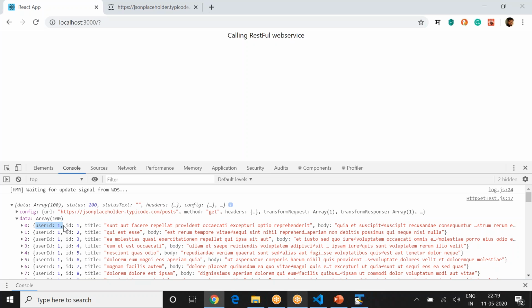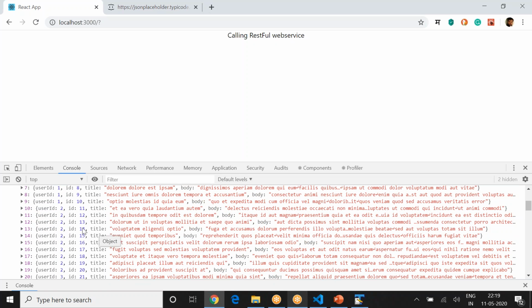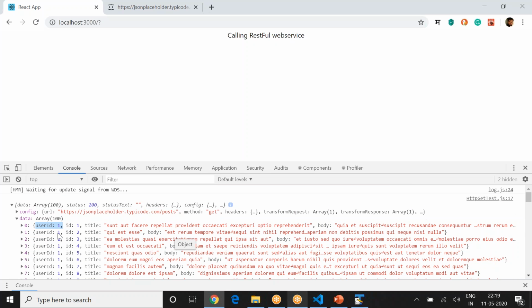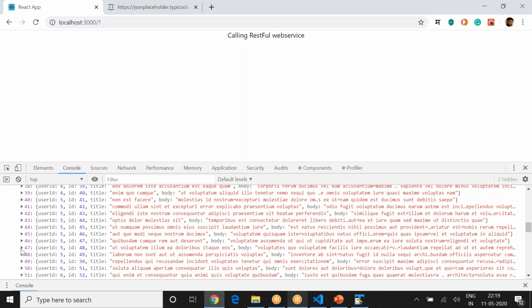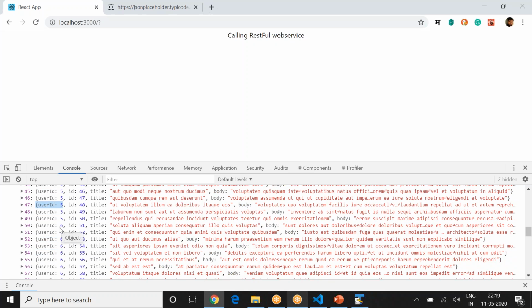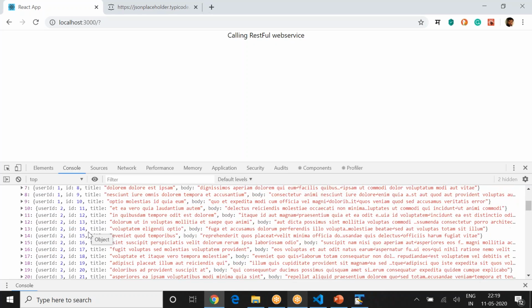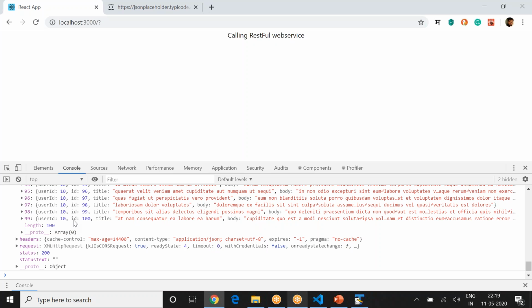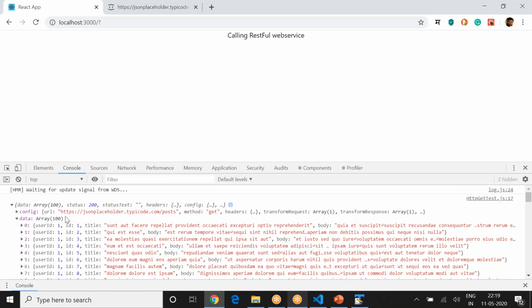So what exactly we are going to do is, this entire data is logged with the help of some kind of key value pair. See the data as an array, where the zeroth element is this, then the first, and it goes on that way. There is a key here. There is one more key called user ID, or ID. So ID is a key, you can see that, right? This is a key, and you can grab the title or the body, whichever you want, out of that. So this particular array is kind of a map having an ID and title. Okay, so let's go ahead and use that structure to grab the data.